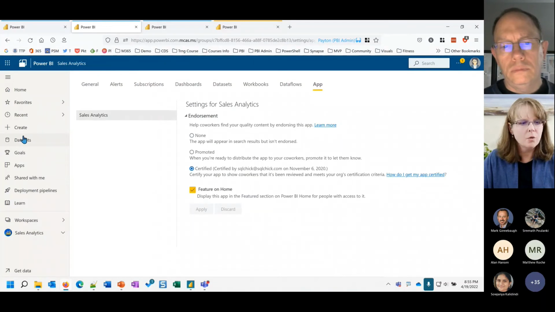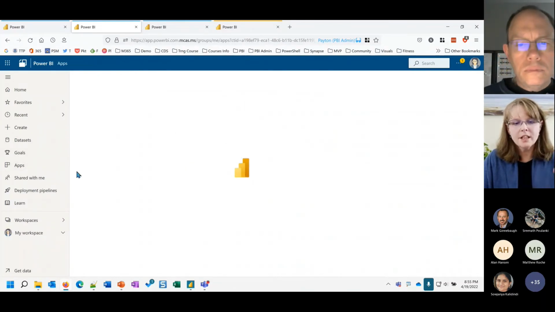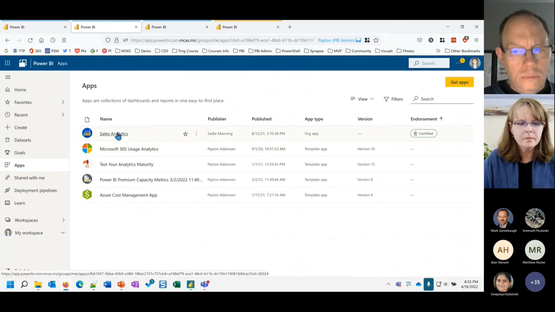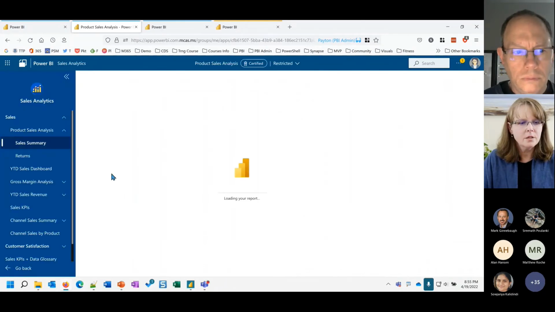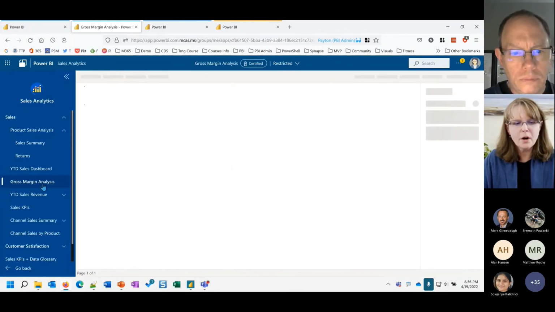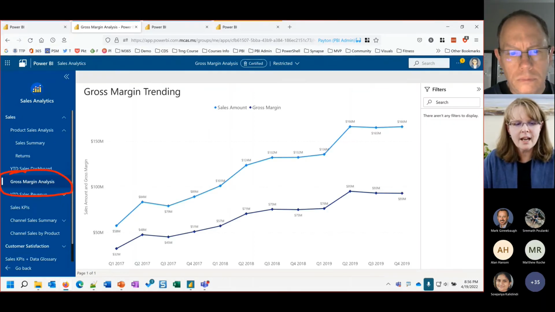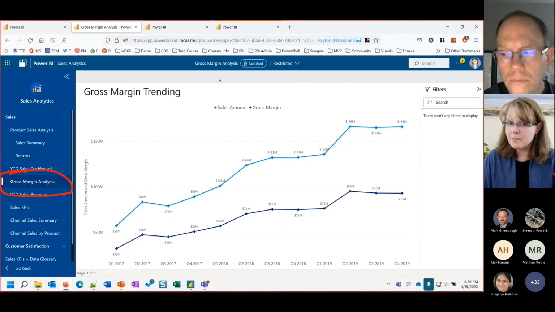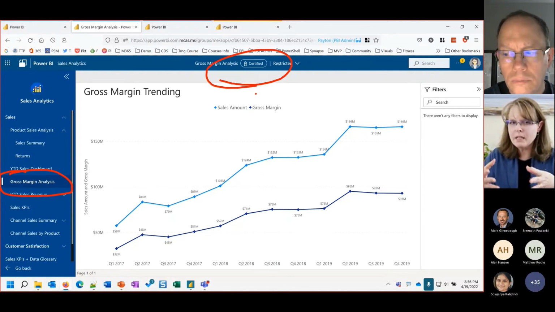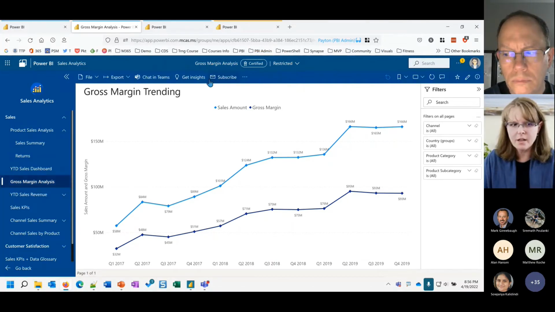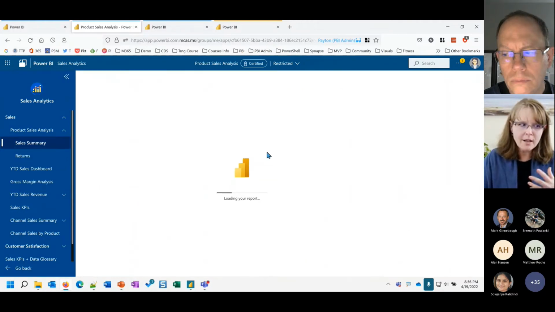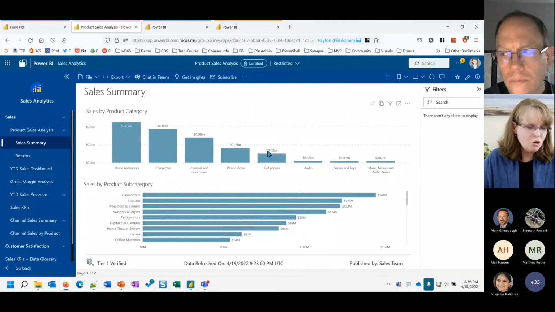All right, so I go actually look at the app, and if I look at, say, the gross margin analysis down here, this is one that's promoted over in the workspace, but guess what? Inside of the app, it indicates as certified. So I call this out only so that from a process perspective,